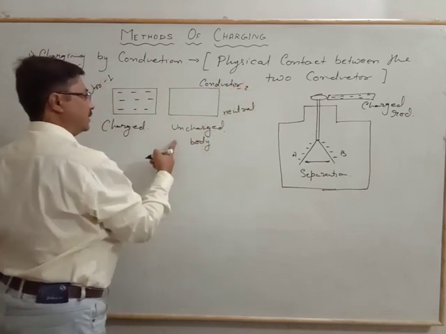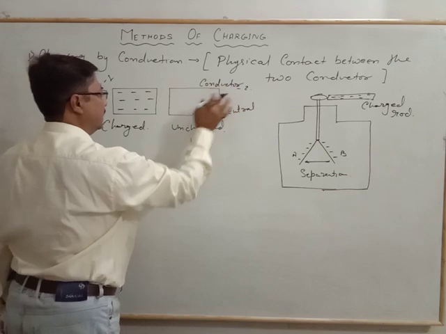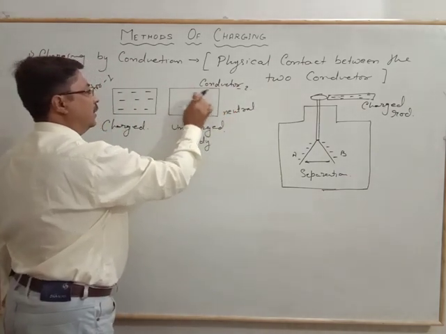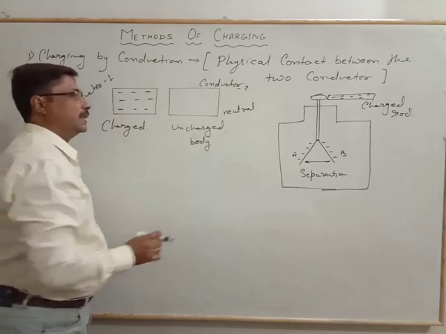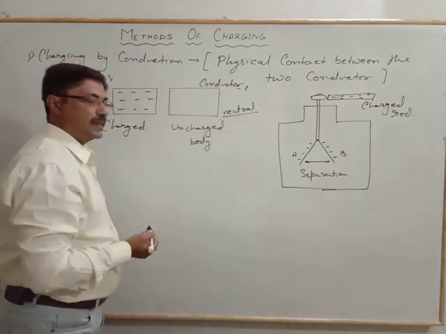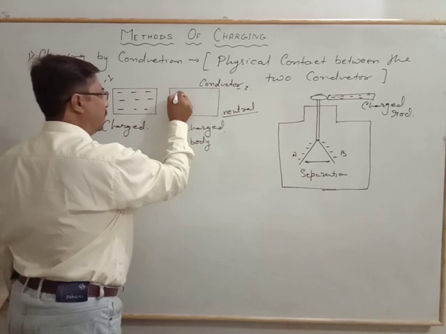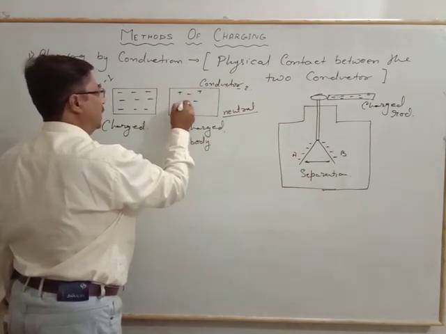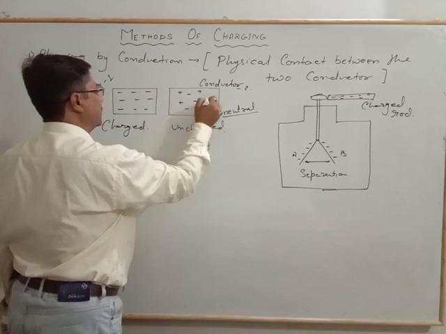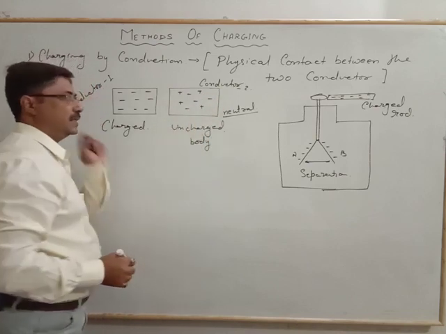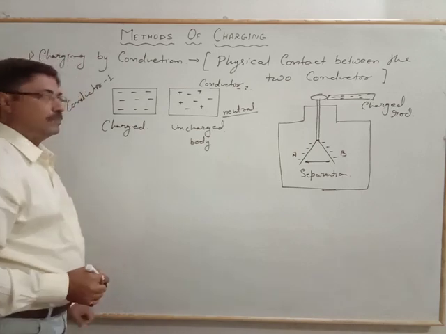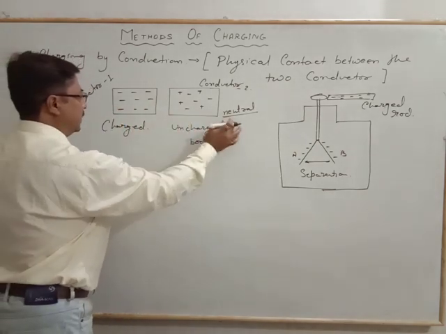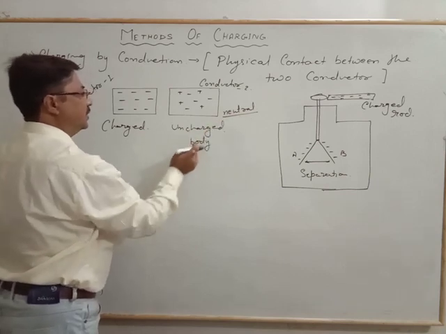Both are conductors, they have free electrons, and these free electrons are bound and move in a lattice. That is why it is neutral, we may say. Whatever positive charges are here, we also have negative charges, and the number of positive and negative is the same. Let's suppose there are 4 positive and 4 negative. Whenever they come in contact, in that case it is uncharged, neutral.